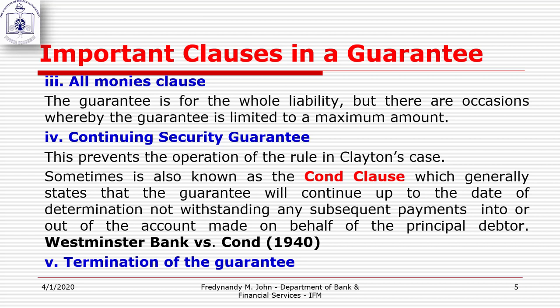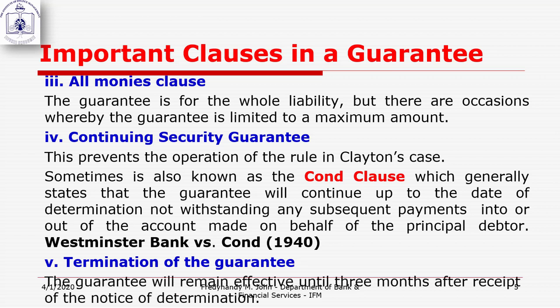Next is the termination of the guarantee. We've been informed that the guarantee will remain effective until 3 months after receipt of the notice of determination. Again, I should remind you that the guarantee contract will commence once the guarantor has received notification from the banker that it is time for them to be liable due to the failure of the principal debtor to repay their debt. And once the guarantee contract is started, then it will run 3 months after the end of the guarantee